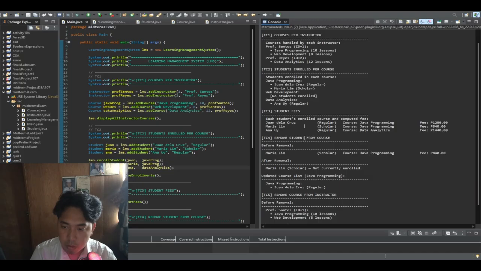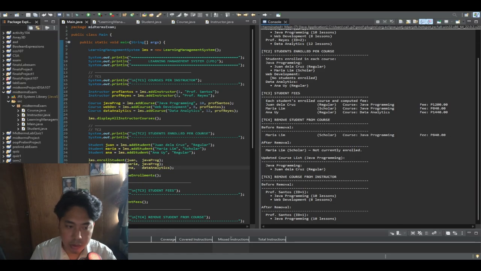Let's move on to test case number 3, which is the student fees. Test case 3 does not change any data. It simply calls display all student fees, which internally triggers each student's compute fee method. Juan de la Cruz, being a regular student enrolled in Java programming with 10 lessons, pays the full rate, 10 multiplied by 120, which is 1,200 pesos.